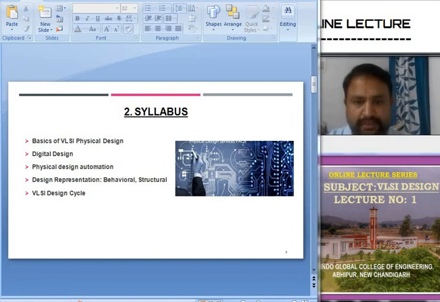As you see in the slide, in this module we shall be talking about some of the introductory concepts related to VLSI design. So I shall try to motivate you regarding the need and the importance of physical design concepts applied in VLSI design. In the next lecture, we shall cover various important topics which are important for VLSI designing.